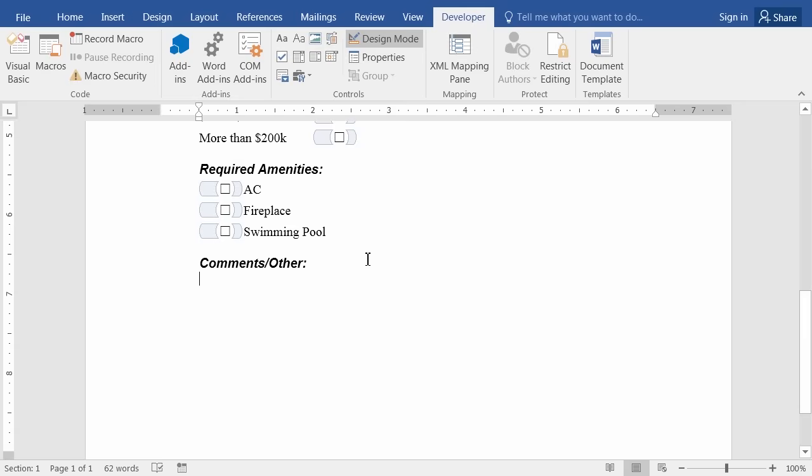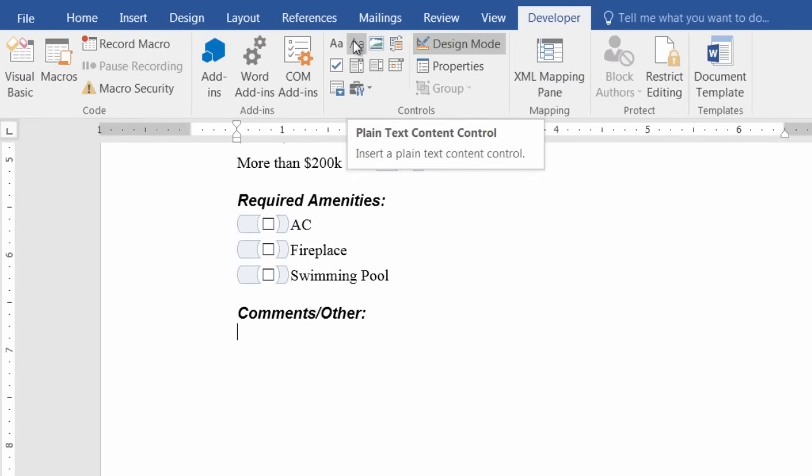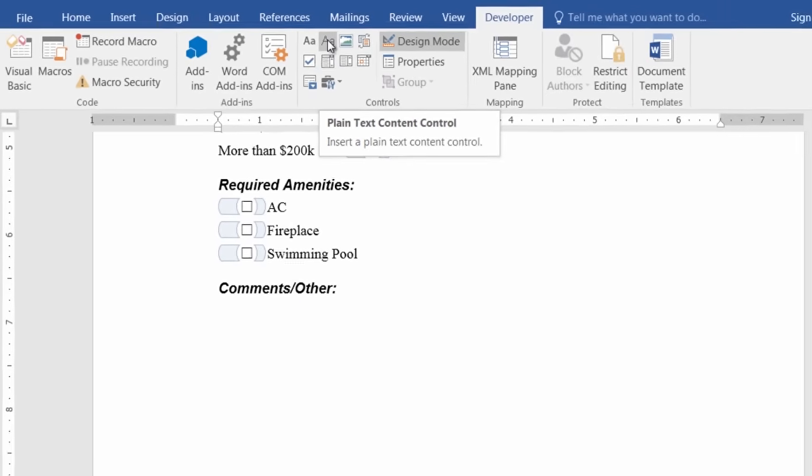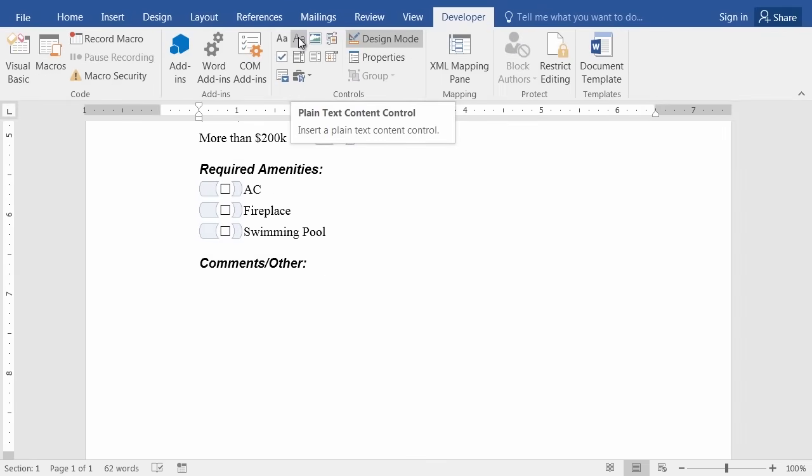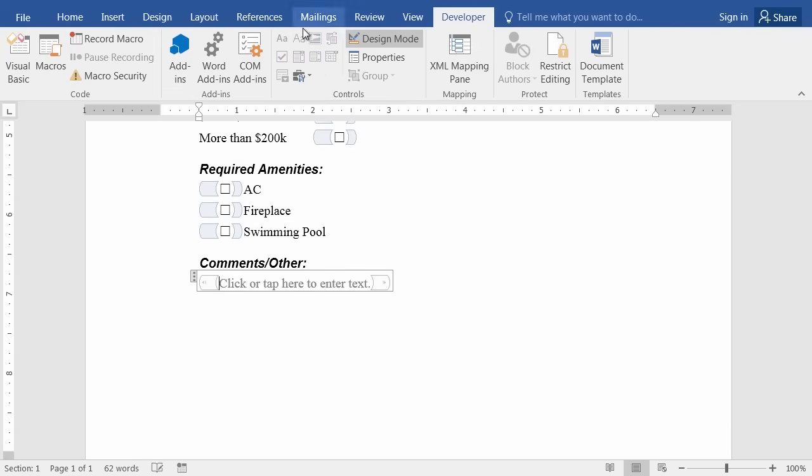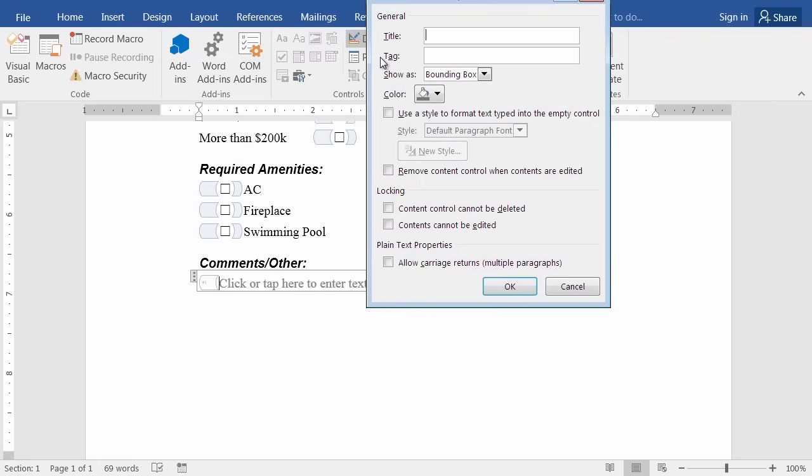We've done one of those before. So let's go with that plain text content control, because particularly in this box, we may need our receptionist to be able to type in a sentence, hit the enter key, type in something else, hit the enter key, and only the plain text is allowed to do that. So plain text control, gonna go for the properties, make sure they can't delete it, and